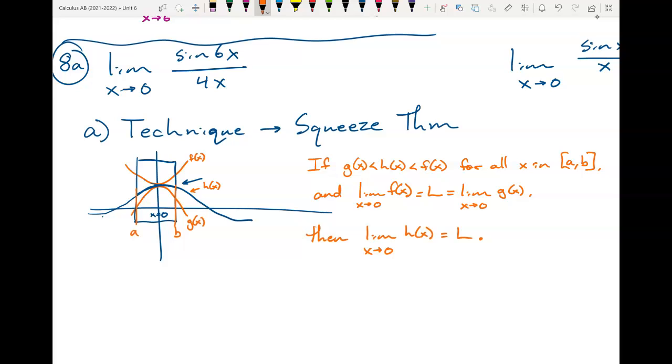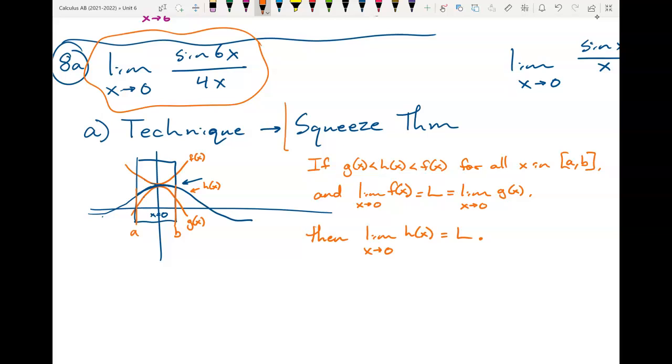Now the problem with doing that here is we don't know an upper function and a lower function to allow us to squeeze it in between. Now the book does cover ways of finding those upper and lower functions, if you want to go back into that section. We didn't cover that in class, and I'm not expecting you to be able to do that, because more often